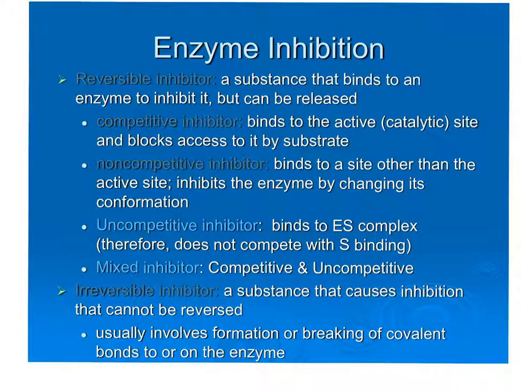Okay, we've got two big classes, and then we've got subclasses of those. So first, if I was making a big flow chart, which I made before in the last class because the projector wasn't working, you either got a reversible inhibitor or an irreversible inhibitor. I'm going to start with irreversible inhibitors first because they are not as interesting. If it's irreversible, it means once the inhibitor binds to the enzyme, it's dead. It's irreversible. These are also called suicide inhibitors